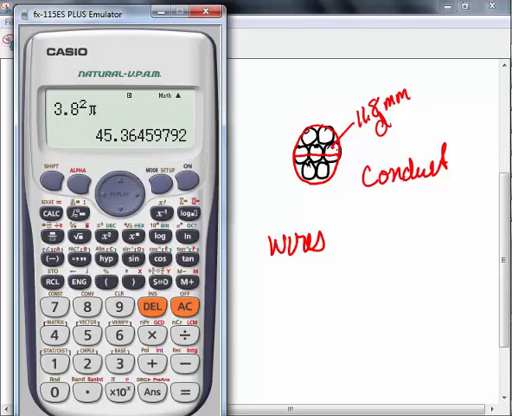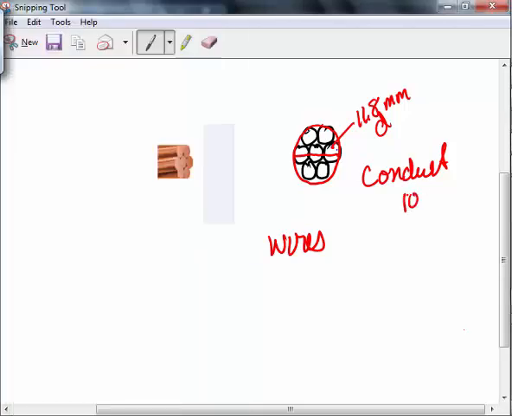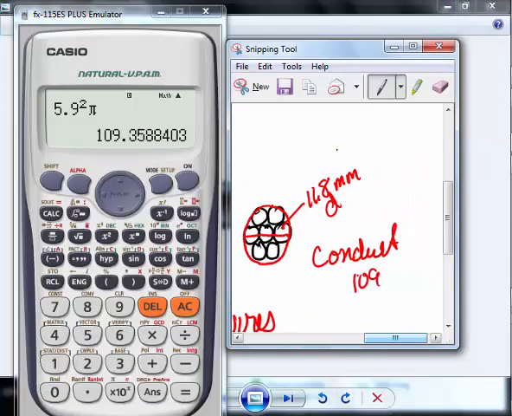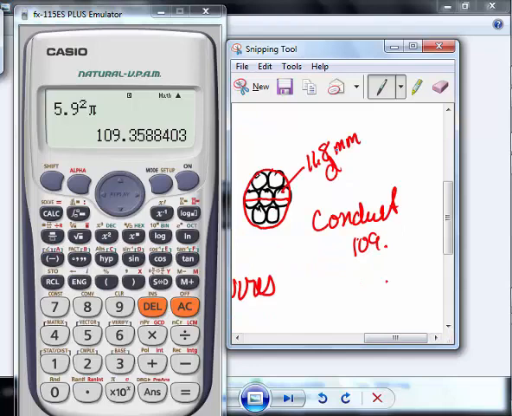area. So we've got 11.8 over 2, which is 5.9. 5.9 squared times pi is about 109.3588 square